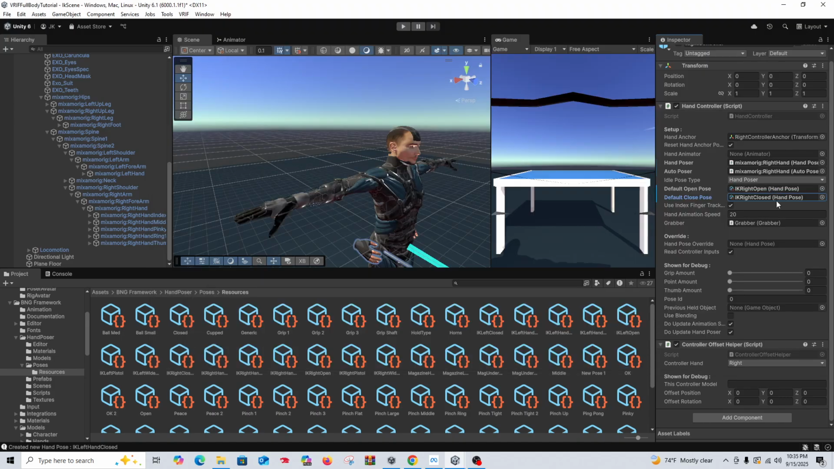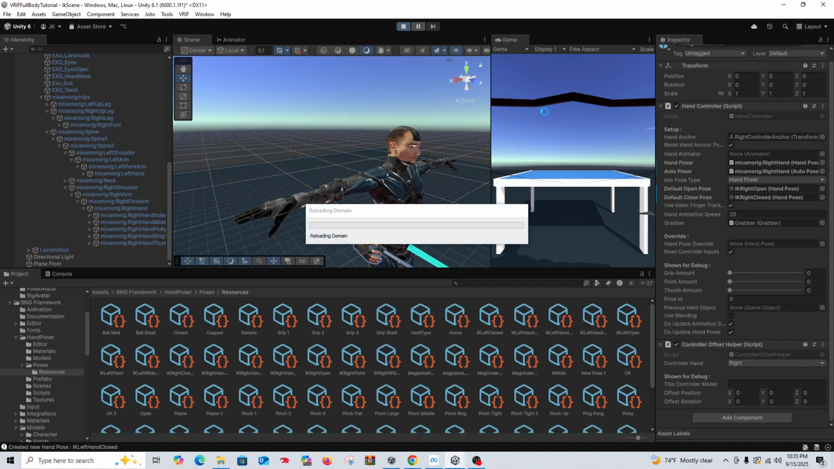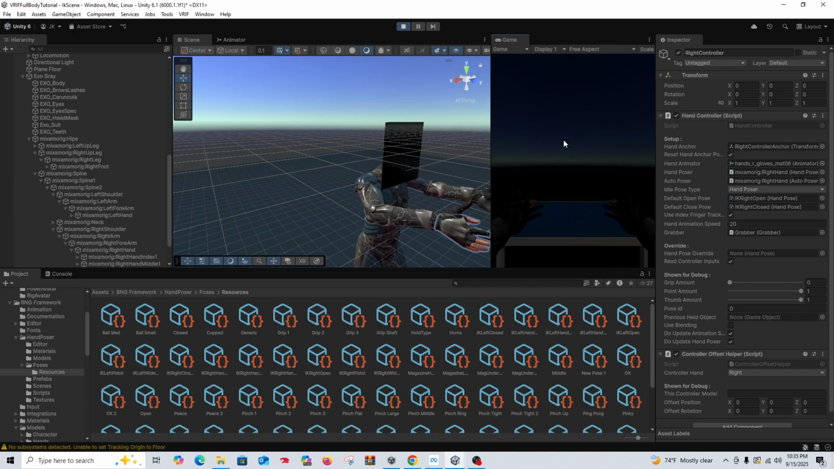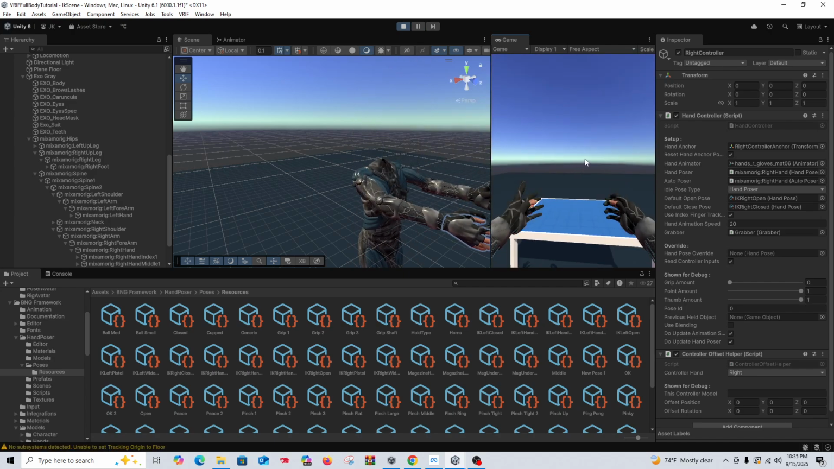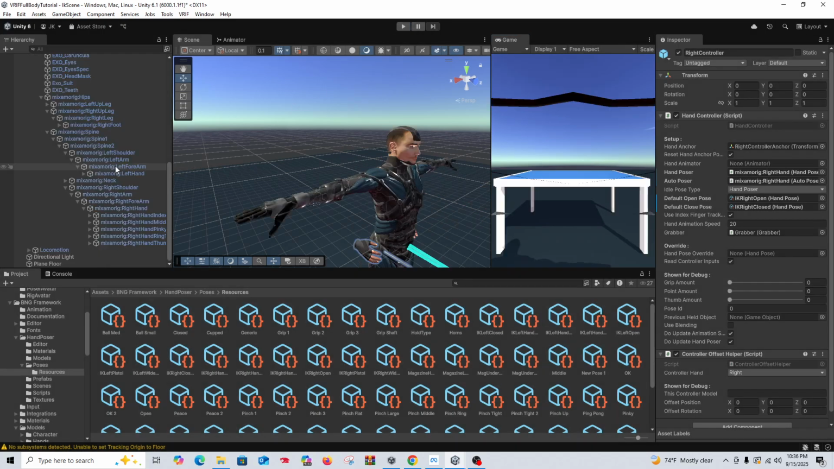Right closed. And this is just a default pose. Some rigs, if this isn't assigned, when you let go of an object, your hand will look messed up. And we don't want that. So go and assign those there. So now what we should have is control over our hands. Hopefully, fingers crossed. There we go. Okay, so now that we've gotten that far,